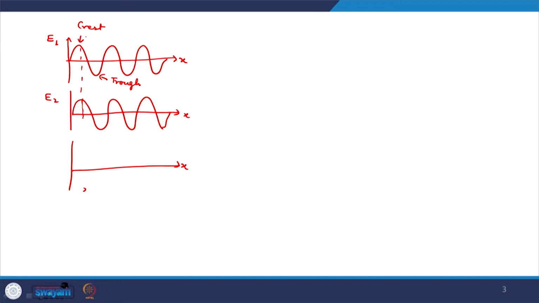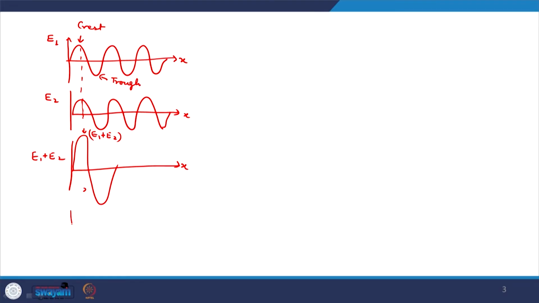So, if the crest lies over crest and trough lies over trough, then you will have the amplitudes added. So, it will be E1 plus E2 here at this point. So, resultant amplitude E1 plus E2